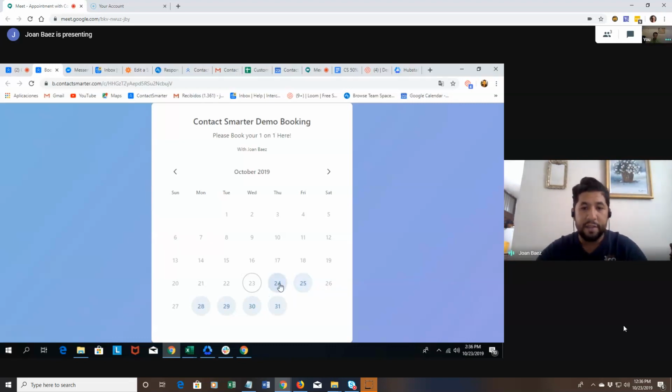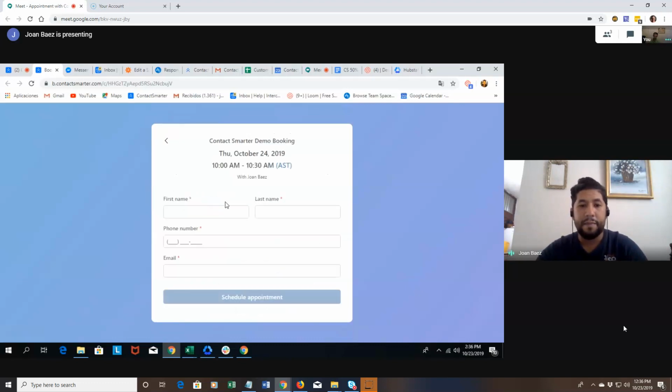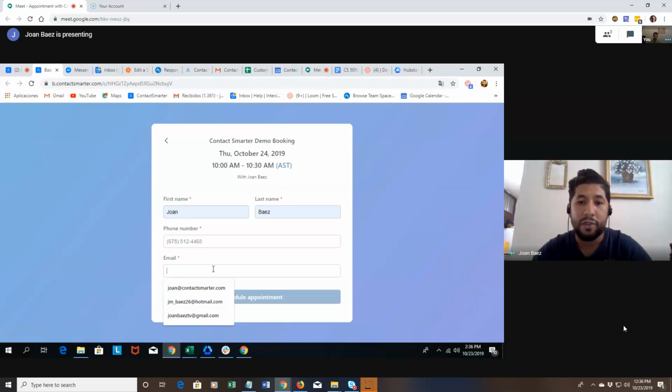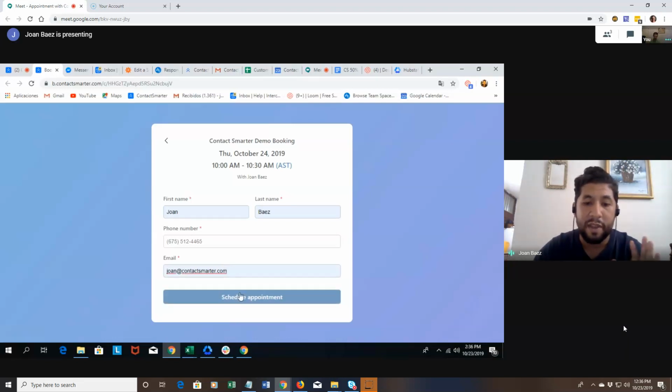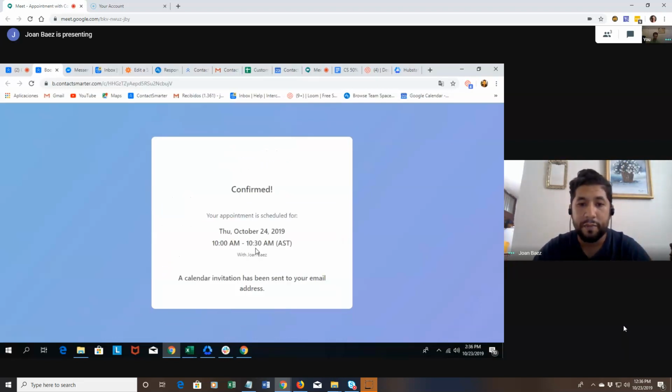Once they click on it, they select the time and they are prompted for the first name, last name, phone number, because remember, they're just asking for your booking link. They're not going through the funnel or survey section. So they will be prompted to put in their information. Once they put in the information, they will schedule an appointment and it will be confirmed. And a calendar invitation will be sent to your email if you're using Google Calendar, because it's the one that